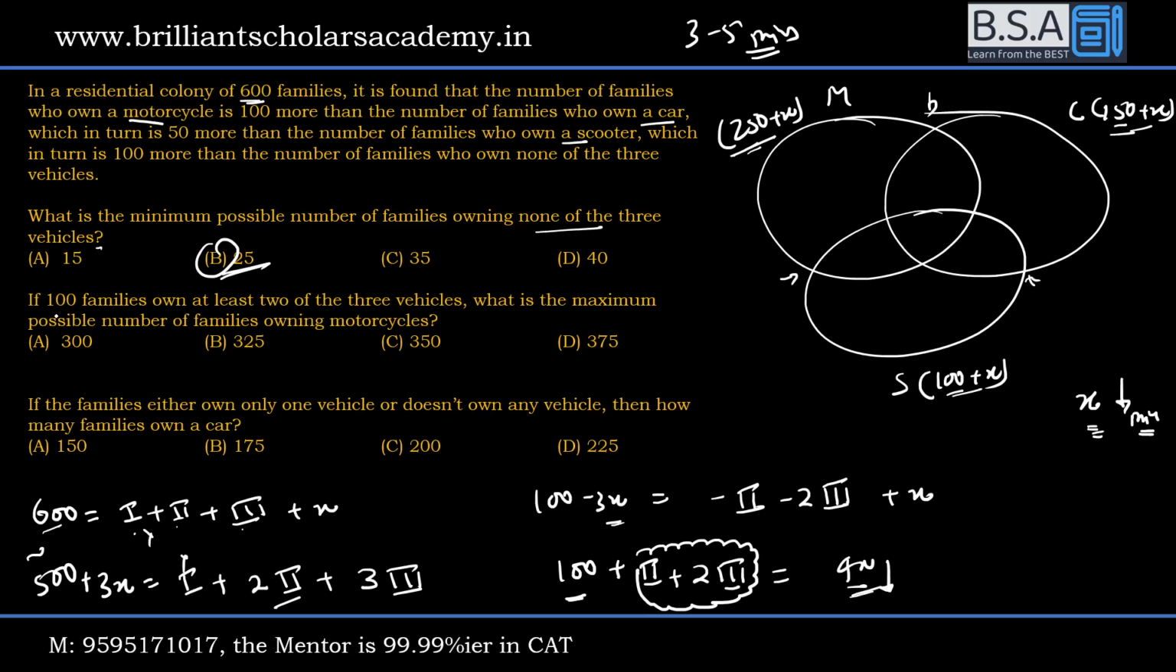If 100 families own at least 2 vehicles, what is maximum possible number of family owning motorcycles? मोटरसाइकिल वाले फैमिली ये है, ये। मुझे इनको बड़ा करना है। देखो मैं 2 मिनट पहले करता मेरा हेडेक बढ़ जाएगा। मुझे इन्हें बड़ा करना है, मैक्सिमम करना है। तो 250 प्लस x को मैक्सिमम करना है, तो मतलब x को मैक्सिमम करना है।